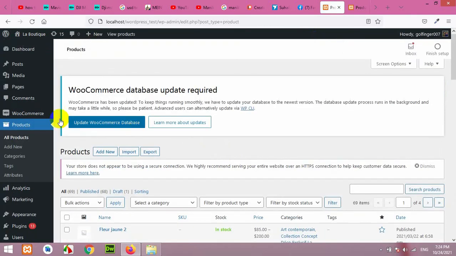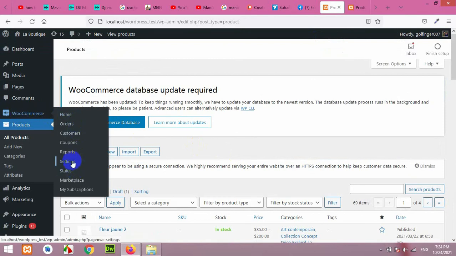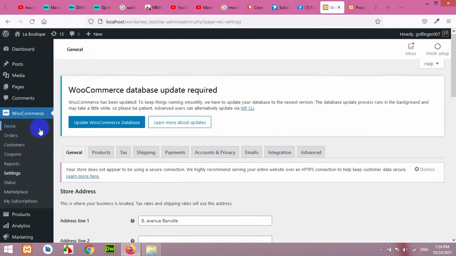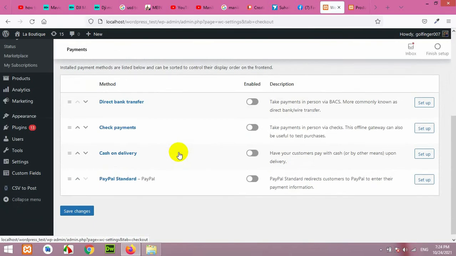But before that, let me show you how to set up your store. So click on settings. In WooCommerce settings, click on payments. Here you can add some payment methods. By default you can add PayPal. If you have a PayPal account, then it's good for this because this needs no extra functionality except your email address. So click on active and then click on